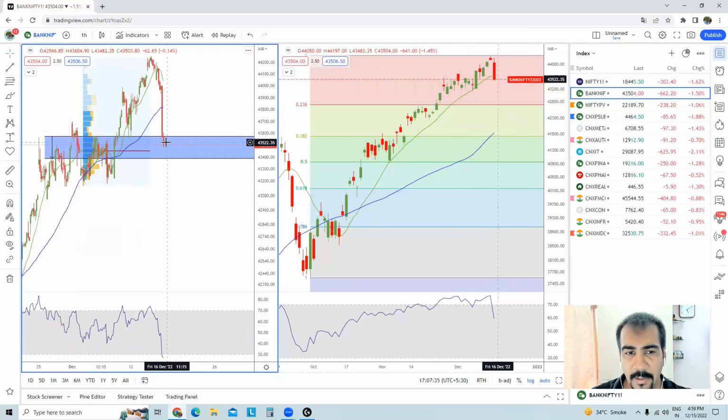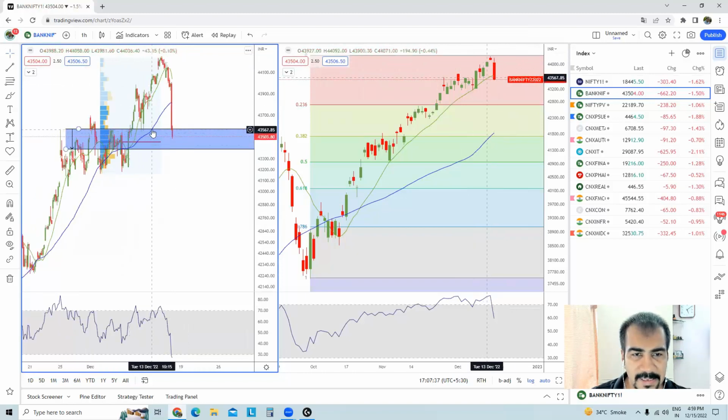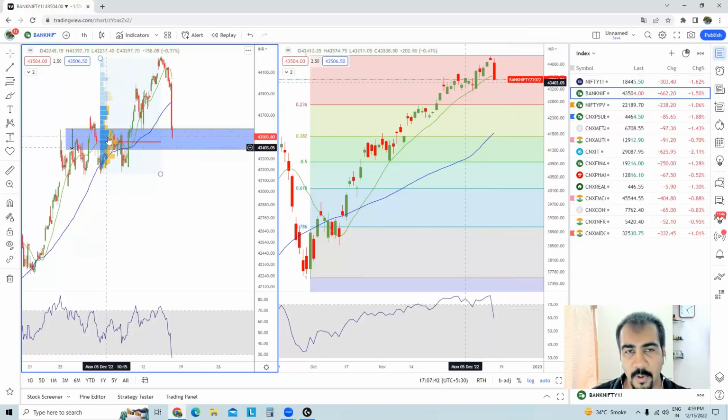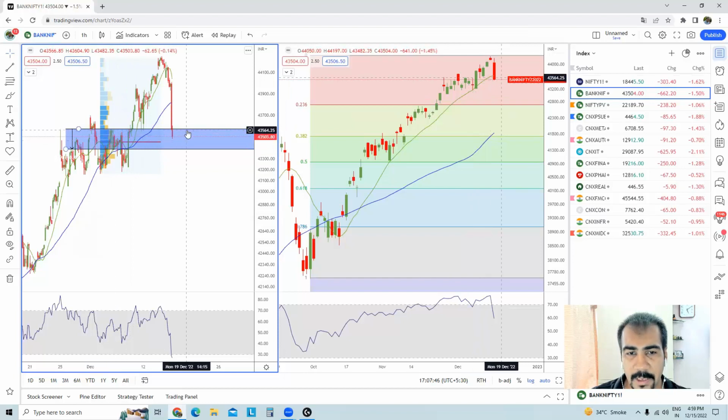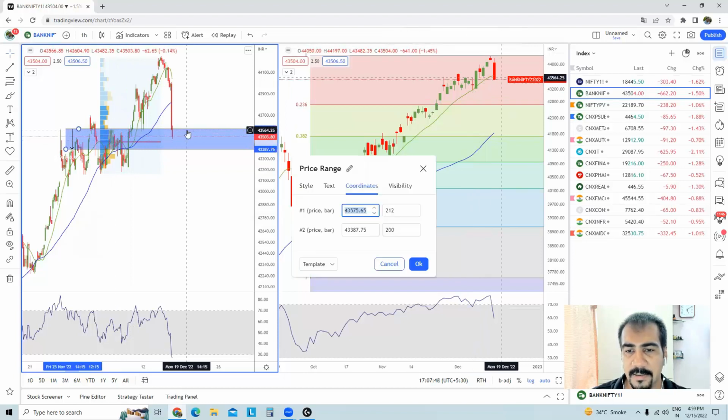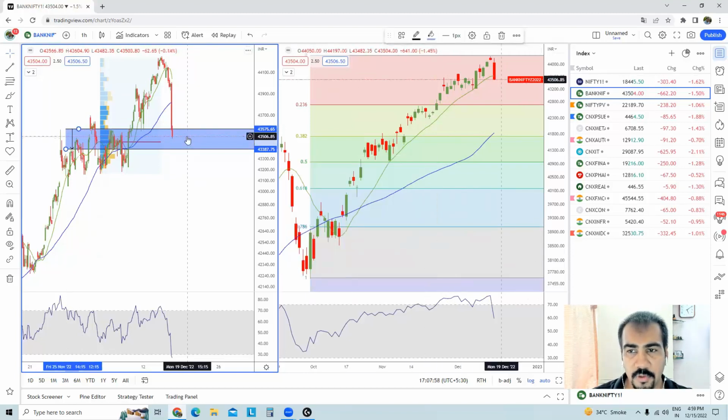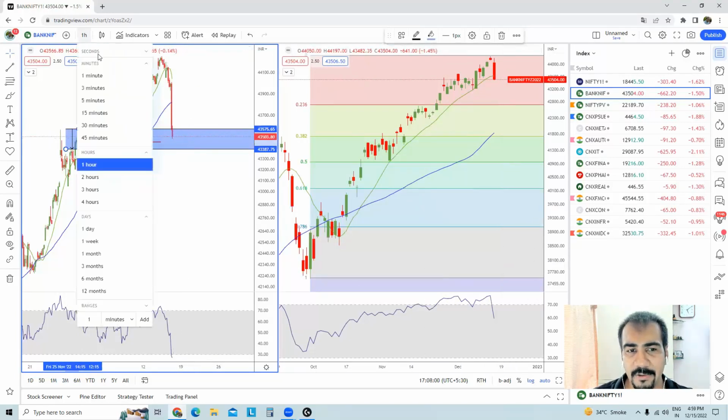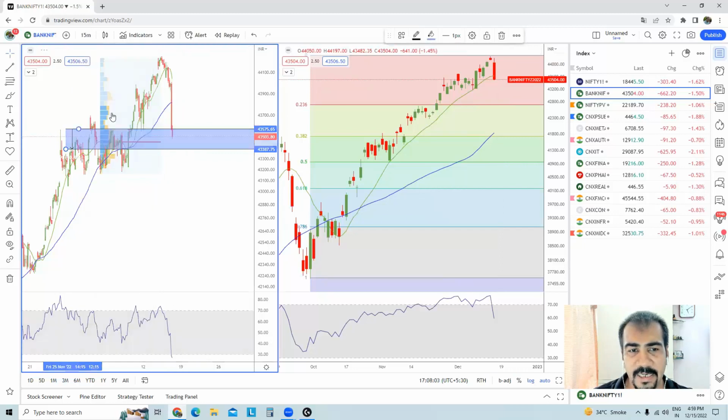Trend is down, but this entire band, because a lot of volumes have been generated. You can see I've plotted this volume profile over here. A lot of volumes have been generated within this band. So this decent support band is within 43,575 to 43,387. So tomorrow, it's very difficult to say, because if you look at the 15-minute chart, again,